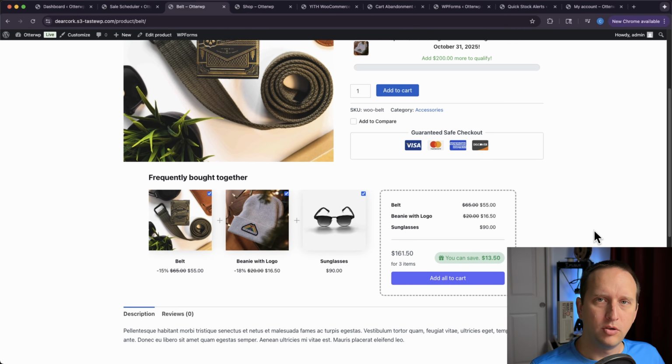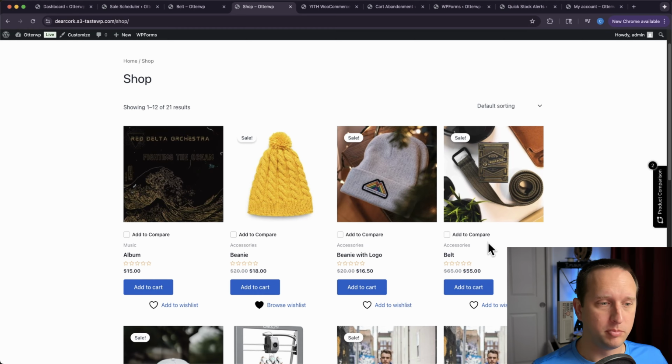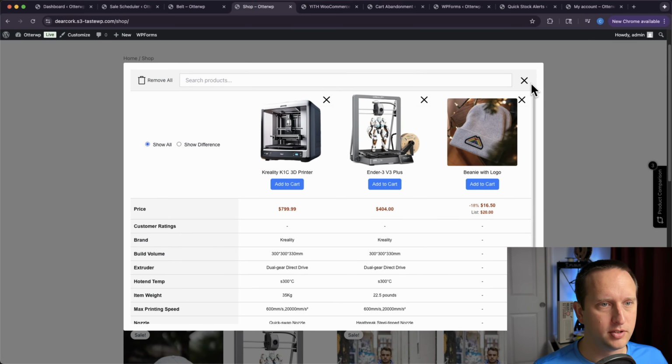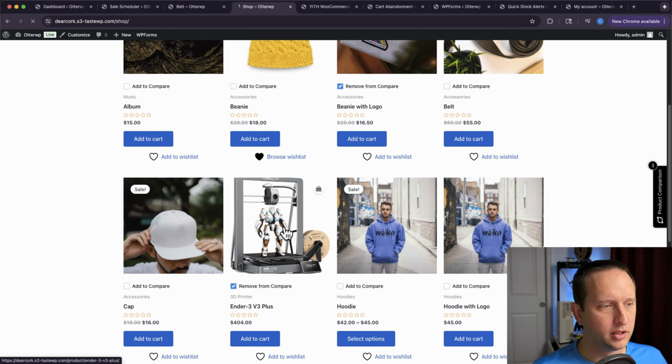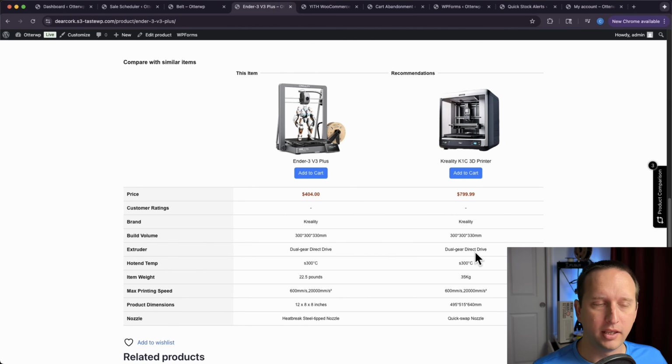The next plugin you're going to want to get is a compare products plugin. This is great if your products have a lot of attributes and they are something that you'd want to shop and know exactly what you're getting. Again, I have a plugin. There's tons of them out there. There's tons that you can just click and build your own type of list like this, as well as mine, where you can actually, in the product itself, start creating your own in the back end, and that will always